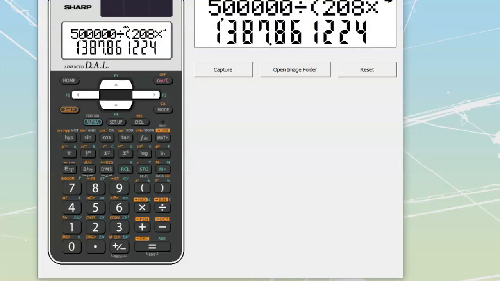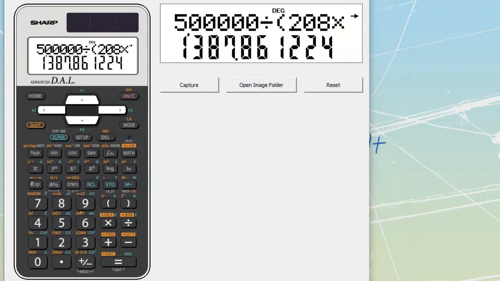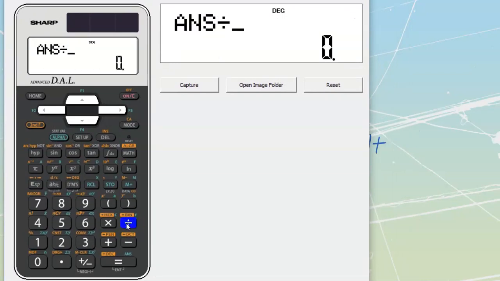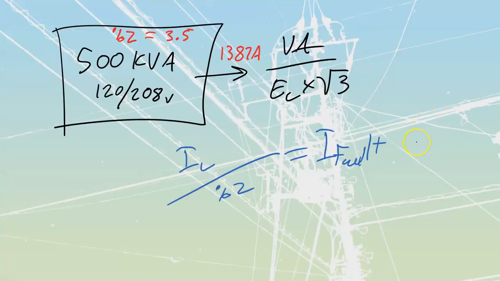Let's take a look at that. We're going to take this I line, 1,387 that we have over here, and divide it by 3.5%. So divide by 0.035, right? This is 3.5% out of 100. Equals a total value of 39,653 amps. That means that during a fault, a bolted fault, what we would call a line-to-line, where I'm just going to cross my lines over here,